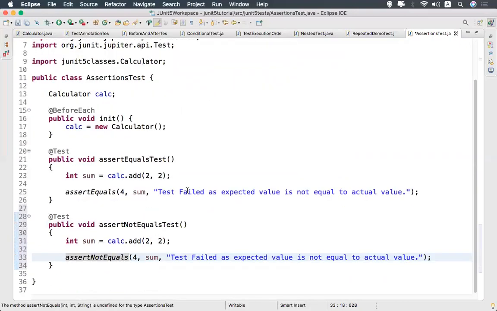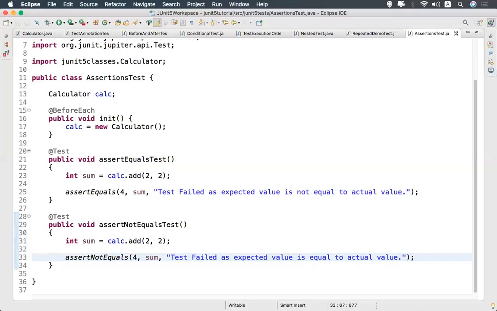Then if both are equal, it will fail. The test failed as expected value is equal to actual value. That is the reason it is failing. But what I'm expecting, both values should not be equal.